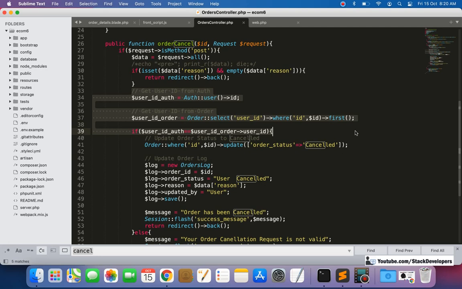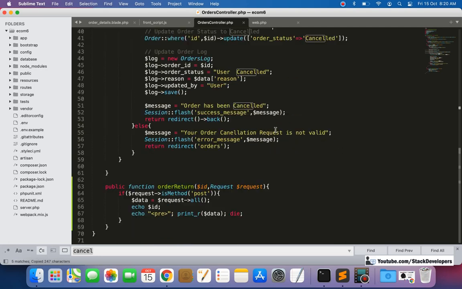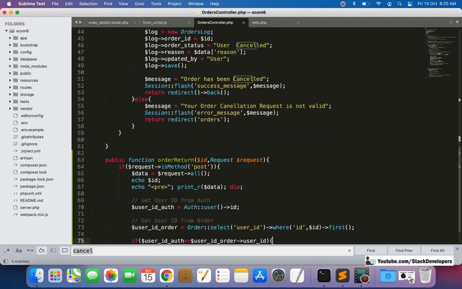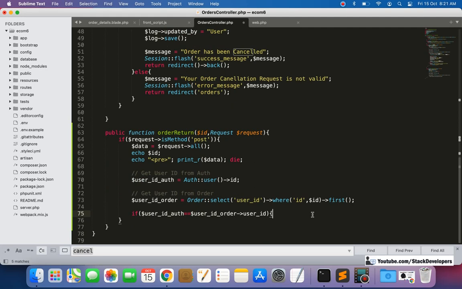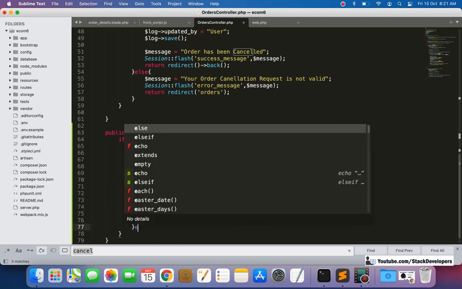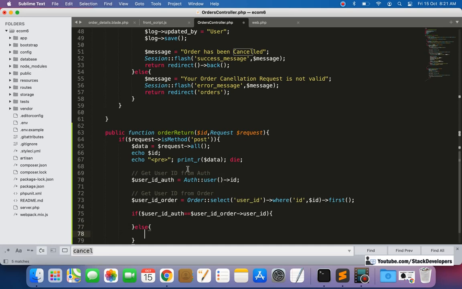We will compare both, to check whether both user ids are matching or not, and if both are matching, then only we are going to move further, otherwise we will show an error message to the user in a similar way to this one.